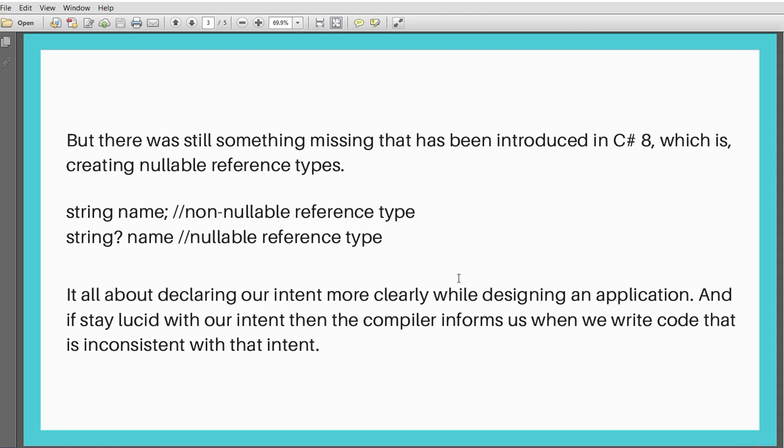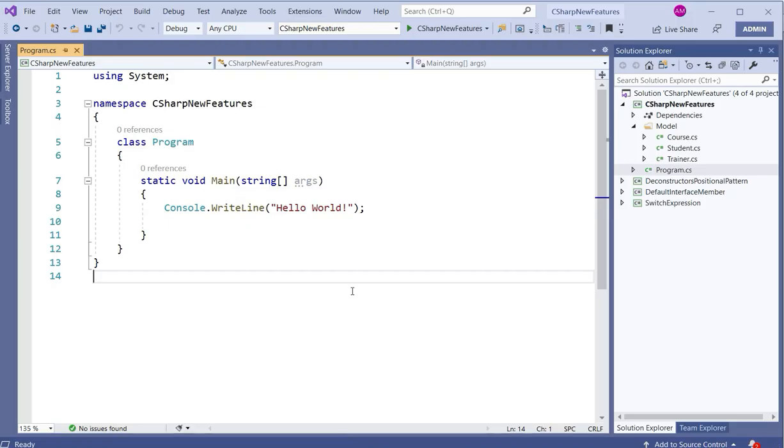And if we stay clear with our intent, then the compiler informs us when we write code that is inconsistent with that intent by throwing some warnings in our face. So if it's not clear to you, we'll get our hands dirty to understand it more clearly. So let's jump into Visual Studio.